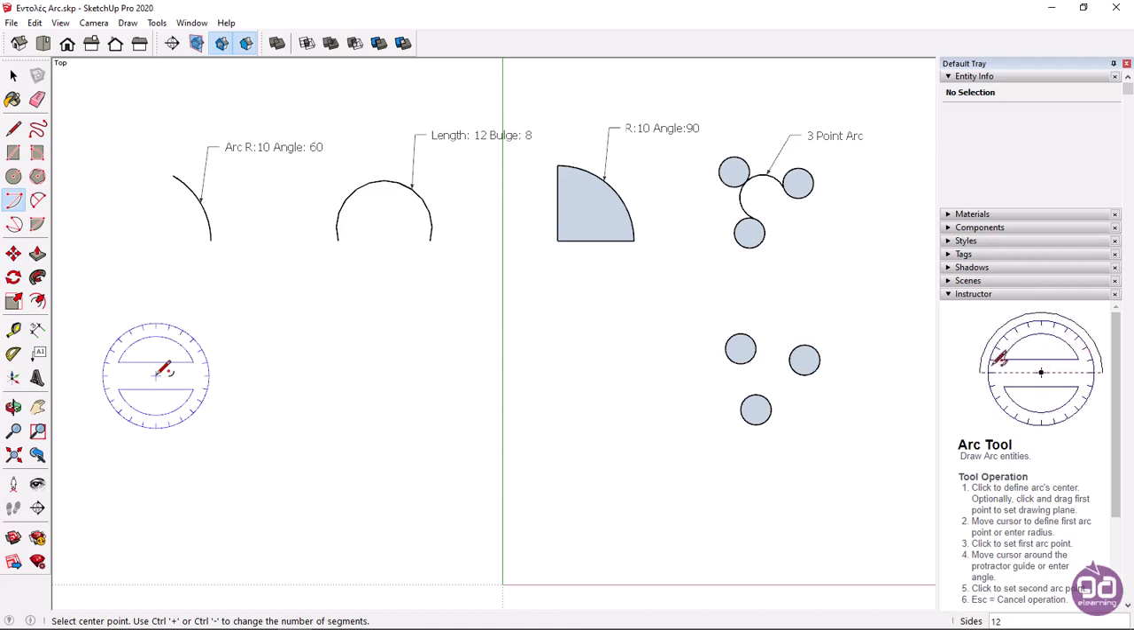At this point, I should remind you that SketchUp doesn't draw arcs or circles. It just creates segments to create an arc or a circle, which means the more you increase the value in the sides field, the smoother the circle or arc will appear. I will not change the default value of this field, which is 12, and I will click to define the